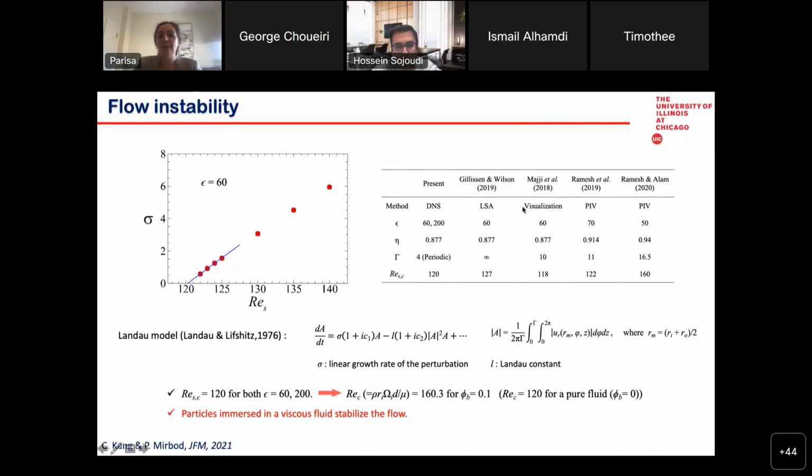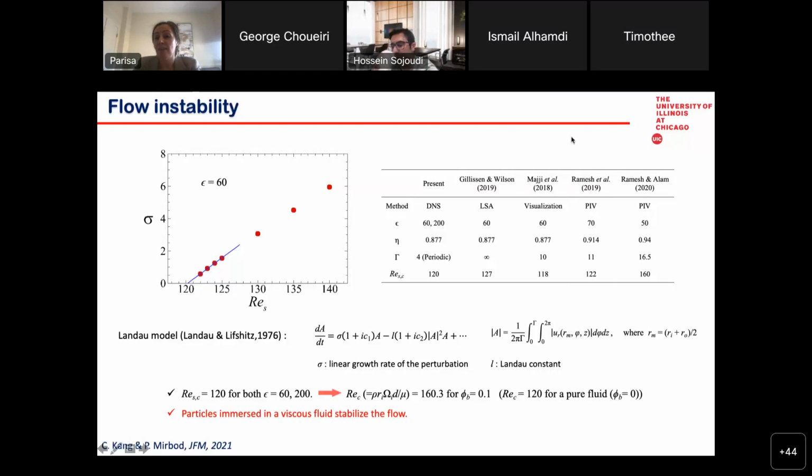Yes. So these are Maji et al. Actually, it is Maji. It was in Jeff Morris's lab. Sorry, and they have done some visualization method. These two papers actually use PIV. They added different particle concentrations and analyzed the flow characterization, as you mentioned in their paper. And these are pretty new.